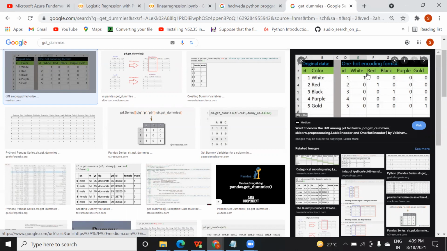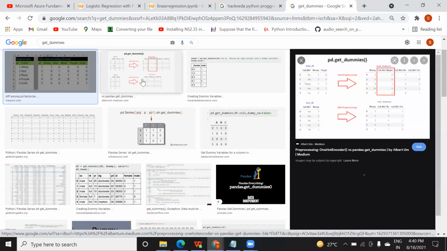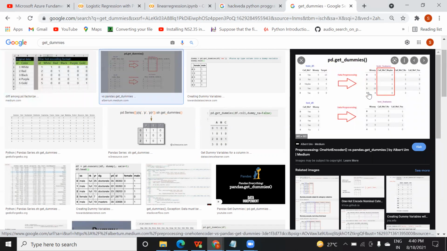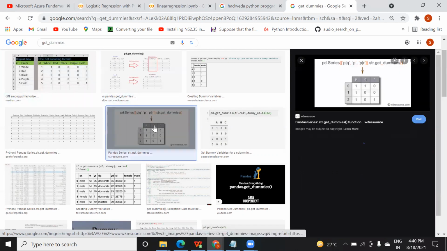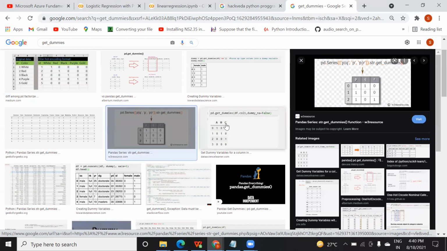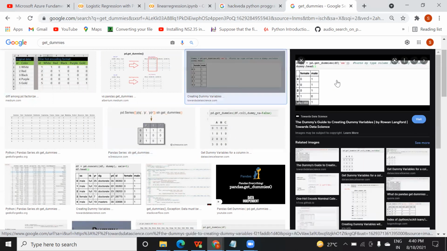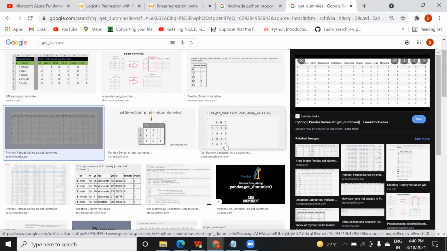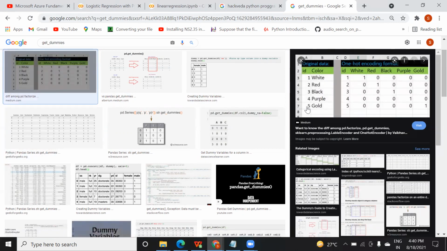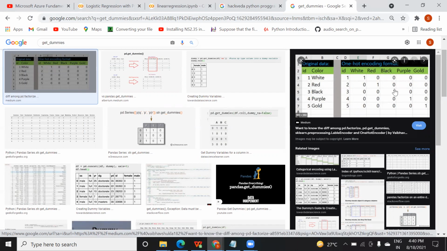Next is red, so the red column will have value 1 and the others become 0. This is called one hot encoding format. You can understand from here itself. Here you can see black. Black is coming in which column? This column. So for this, the value is 1, and the other values are inactive, 0. Am I clear to you?